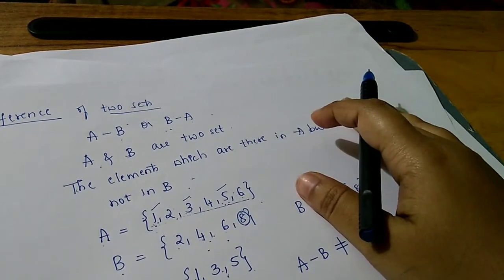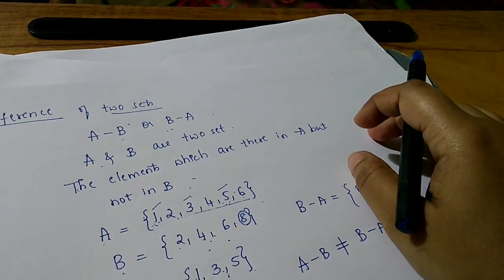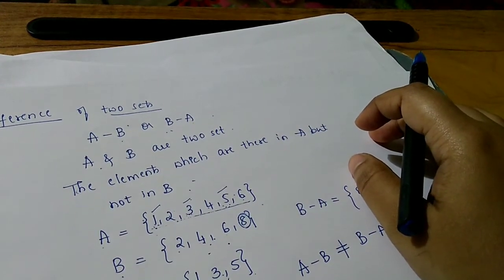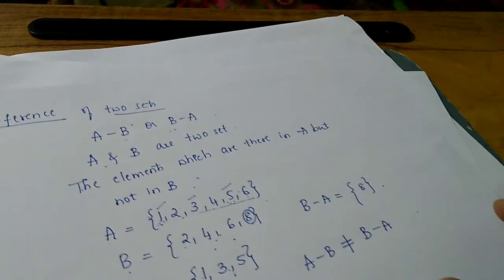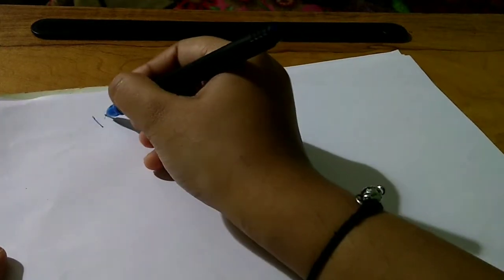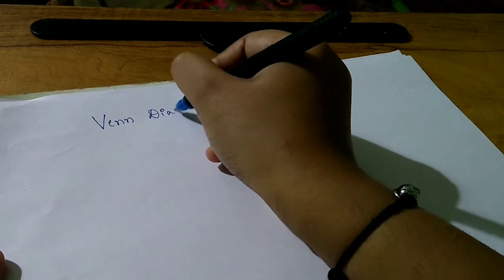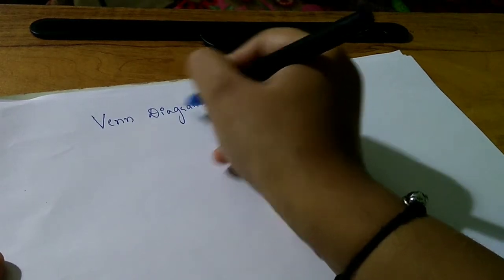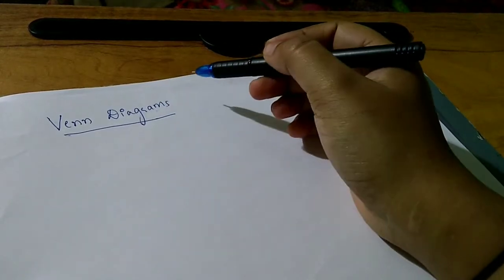So now I have explained union, intersection, and difference of sets. Now after knowing all these, you can represent these things in diagrams. What are those diagrams called? Those diagrams are called Venn diagrams. The Venn diagrams themselves will not be asked in the examinations, but you should know the representation. So what are these Venn diagrams? They are the diagrammatic representation of a set.